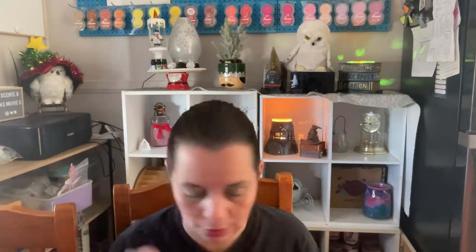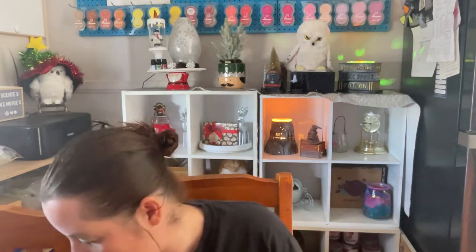He got Darth Vader and Princess Leia as part of his birthday gift, so the scent packs went into their respective bodies. Now, I am up to, besides oils, which is the only other product in this bag, ready to talk about wax. I'm going to talk about bricks first. So, I didn't finish all of this, as you can see,